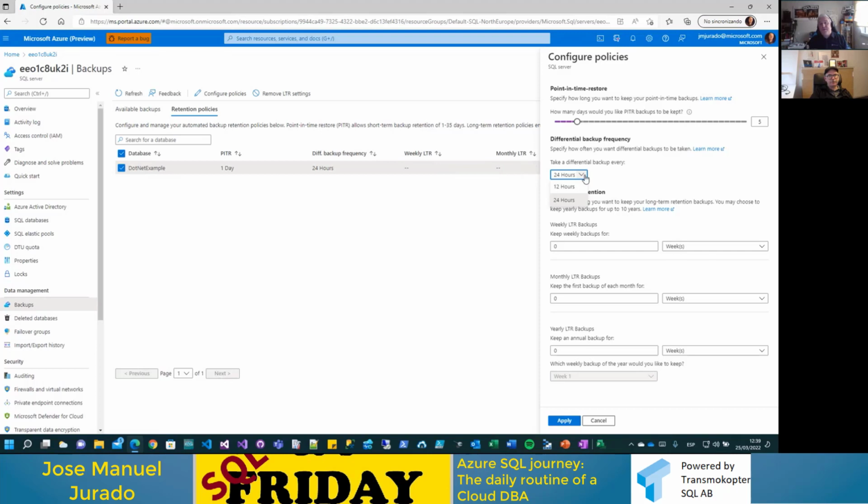You know that the differential backup sometimes contains more data than what has really changed, but we choose this option in order to reduce the total space of the backup. It's very important, because if not, you could start receiving some extra cost in Azure.